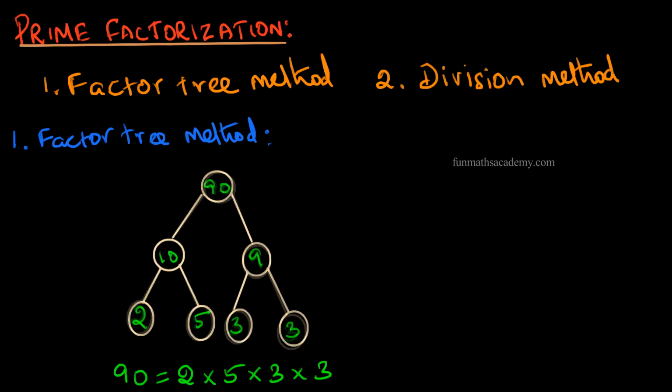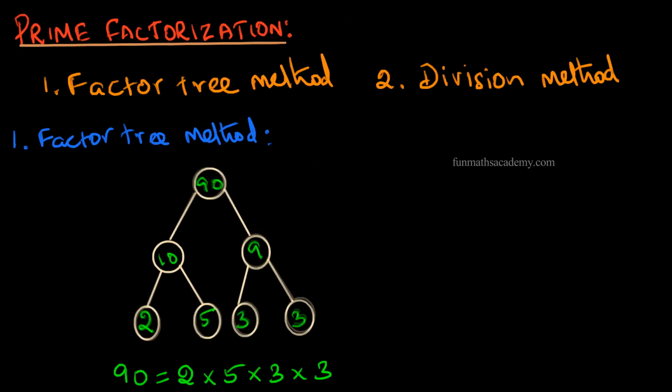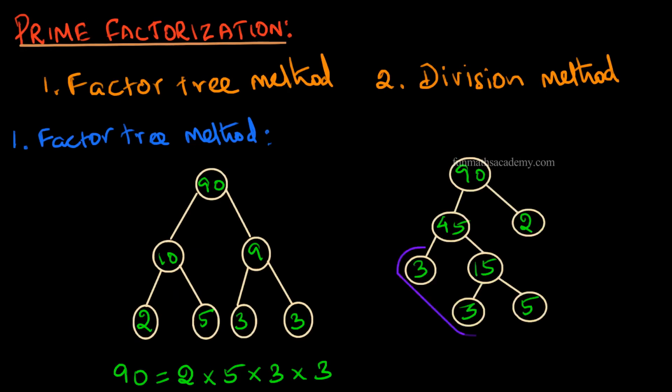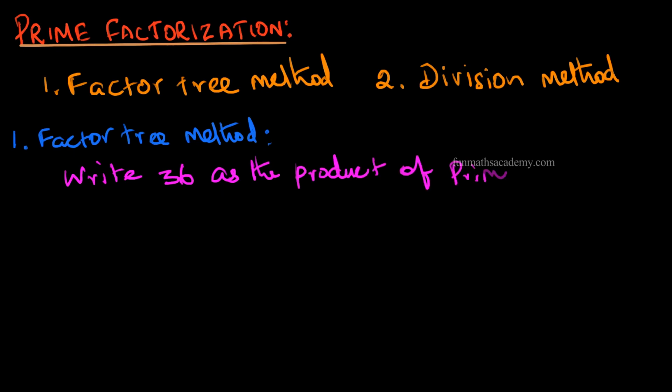That's all. When you rotate this upside down, this looks like a tree, and so that's why this method is called factor tree method. The given number can be written as a product of any of its factors. No problem, because in the end we will always get the same answer. So any given number can be written as a product of prime factors in just one way. There cannot be more ways except the order of the factors will change.